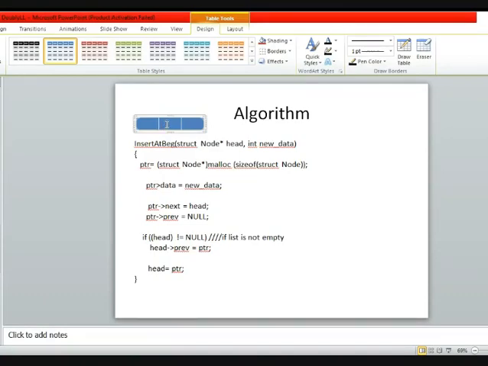So what you have to do is just insert its value in its data field, and because this is the only node of this list, the previous and next fields of this node will both be null. Okay, so I'm assigning the value here as null, and for the previous field you can also assign null, and this is the only node of this list.